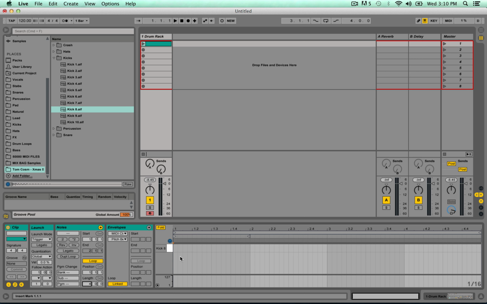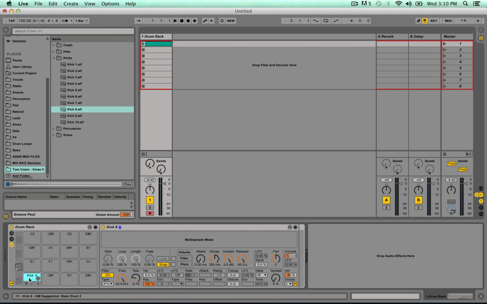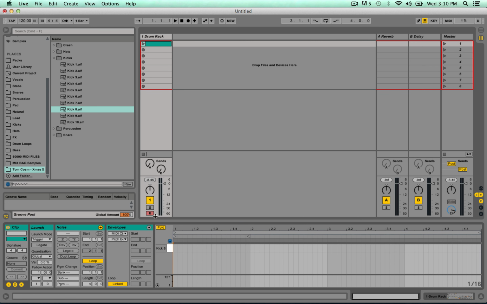I just push the up arrow to go up in increments there, and you'll notice that because I've only got one sample here in the drum rack, in the MIDI clip, it's only given me one option here. So there's no piano roll here anymore. It knows that this is a sampler and there's only one sample loaded, so this is the only place I can put notes. So I'm going to add a kick in like that,